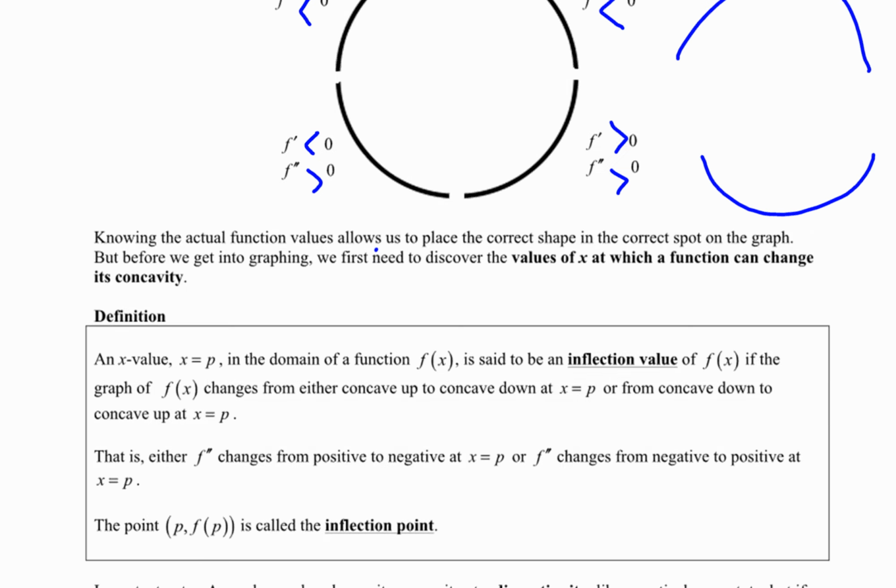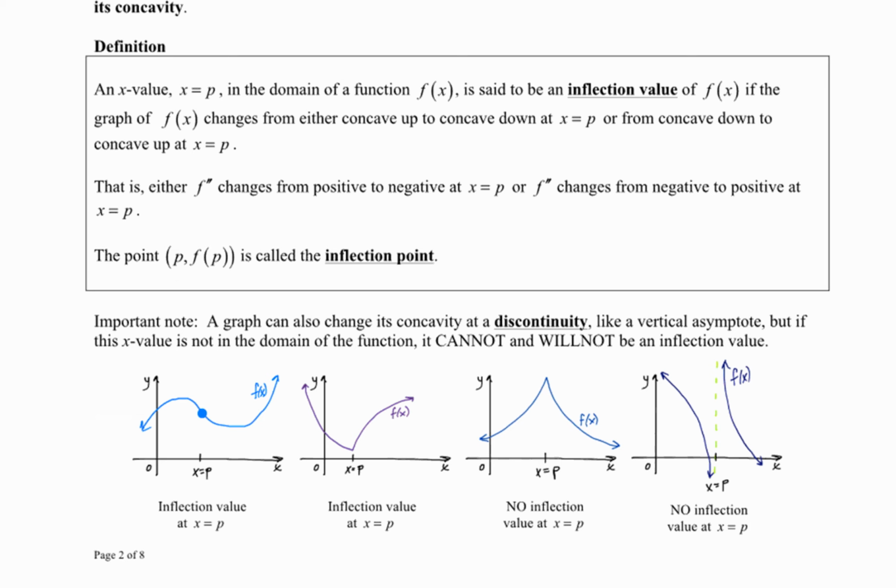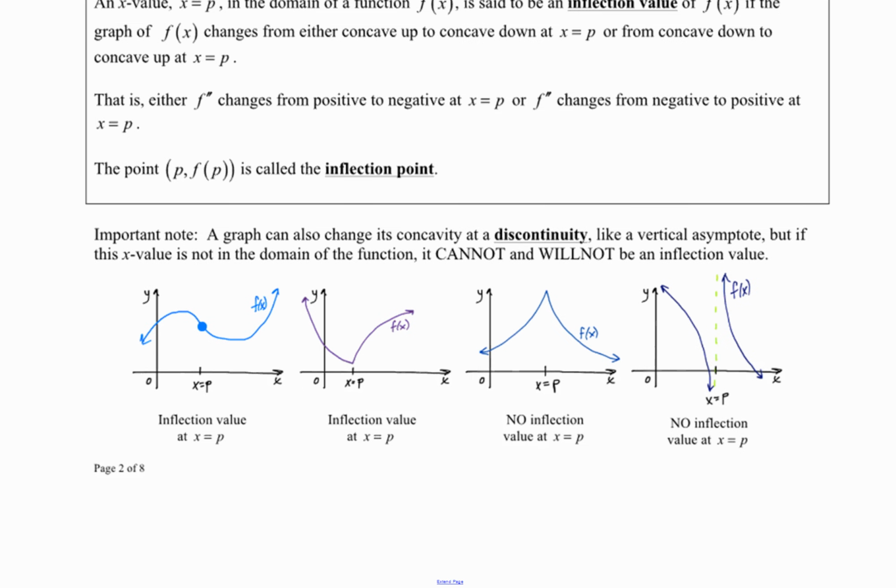This gives you a nice little chart just to look at each of these to determine increasing and concavity. Now just as relative extreme values occur at critical values, where the slope changes from positive to negative or negative to positive, we can have inflection values where the second derivative changes signs. For example, there's an inflection value at x equals p here because the graph goes from concave down to concave up. There's an inflection value here because the graph goes from concave up like a cup to concave